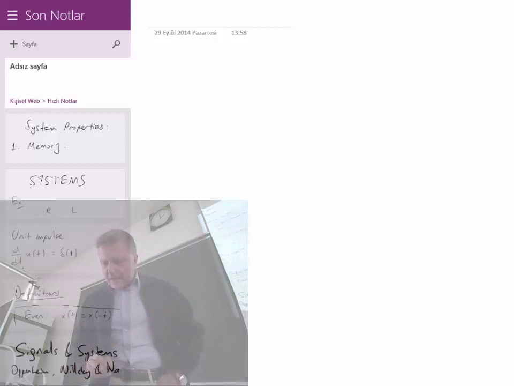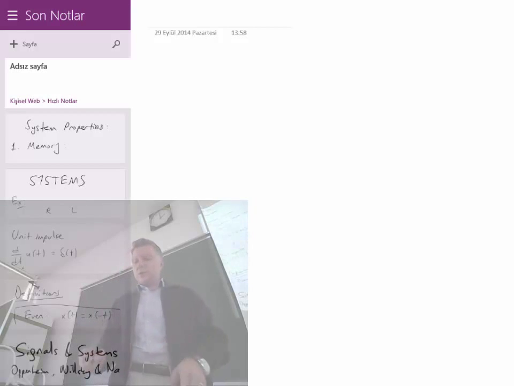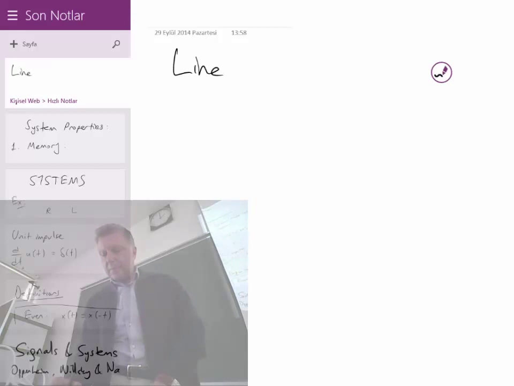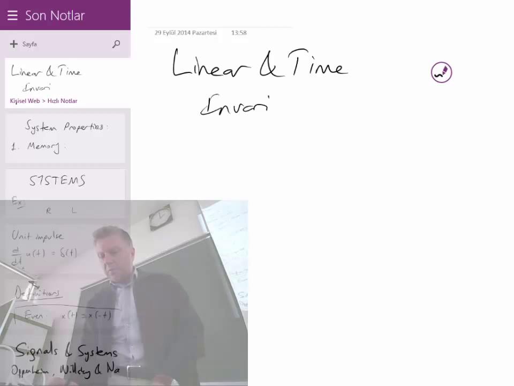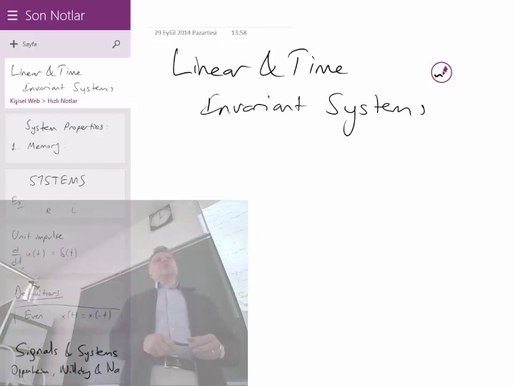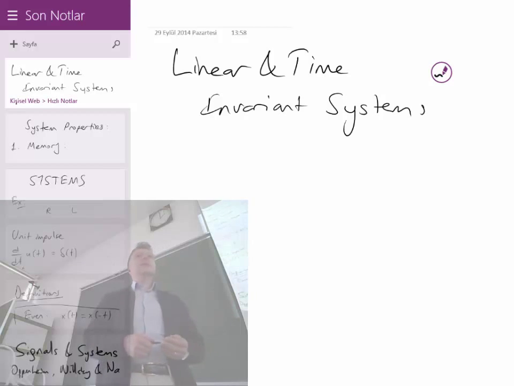All right. Now, today we will start the new chapter, which is called Linear and Time Invariant Systems, which combines the two most important properties of the systems that we have started, right? Linearity and time invariance. But particularly when they are combined, they form a very valuable set of systems that are very suitable for analysis. We will be able to analyze linear and time invariant systems with some very nice mathematical